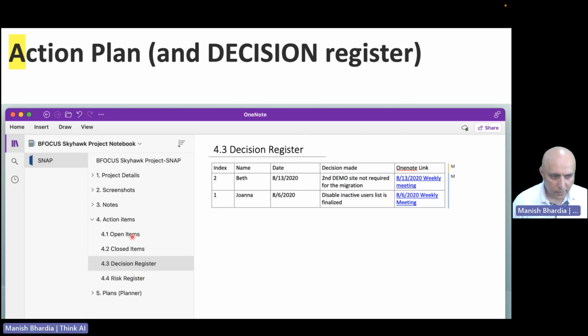But as I'm saying, an open item is great; a closed item is much, much better. You can show the client that these things have been done, that this is our progress and we have done so many things. As an open item gets closed within a week or two, you can keep moving it to closed items. So open items can stay clean, and closed items can be the last week's recap. So the decision register we covered. Very important. Let's make it a practice.